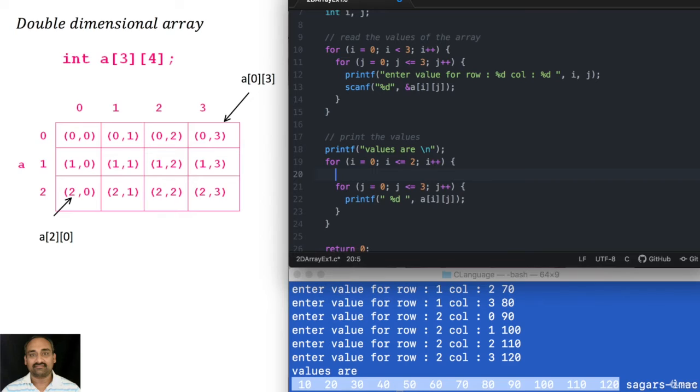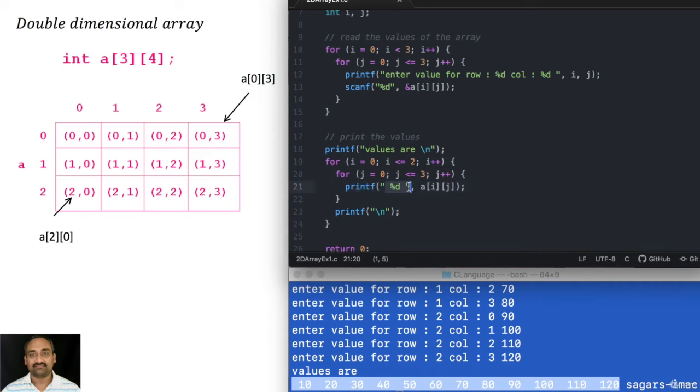For each row, I will just print a new line. That's all. Whenever the row changes, we will print a new line. You can put slash n here or you can put slash n at the end. That is up to you. After printing the row, I'm going to print a new line so that the next row will go from the next line.